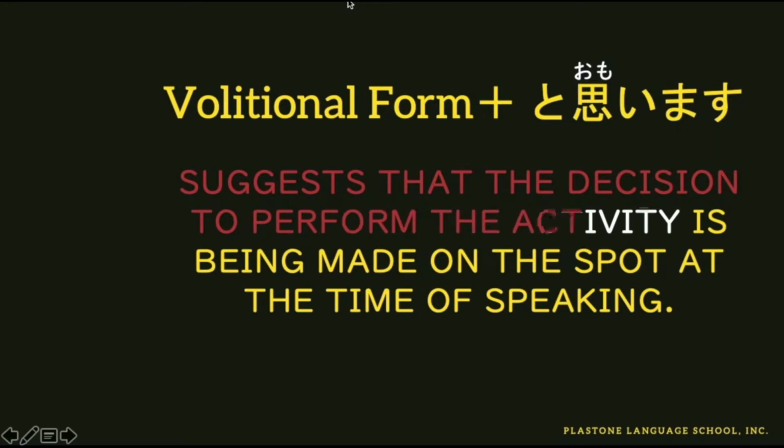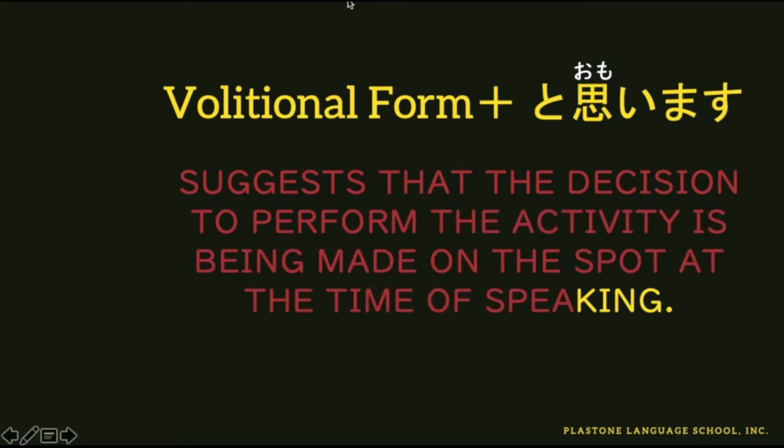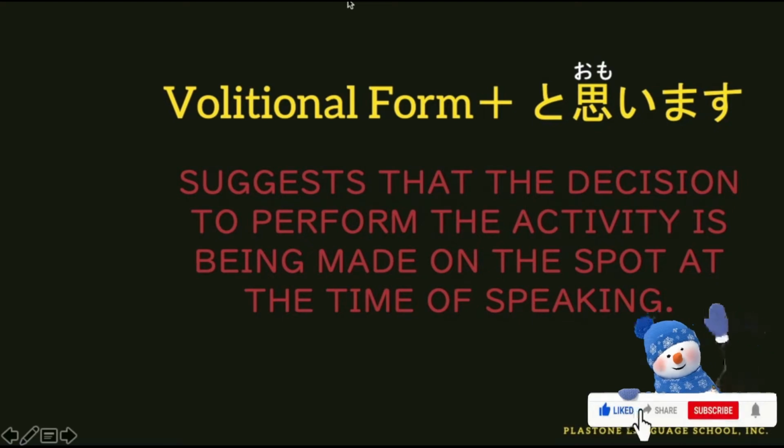So, instead of omotte imasu, gagamitin naman natin ang omoimasu. So, if we do this, it suggests that the decision to perform the activity is being made on the spot at the time of speaking. So, on the spot ito na decision mo or intention mong gawin. Okay, for example,